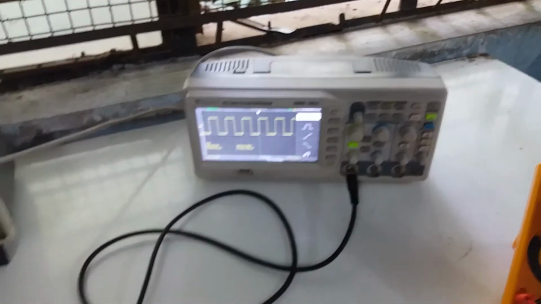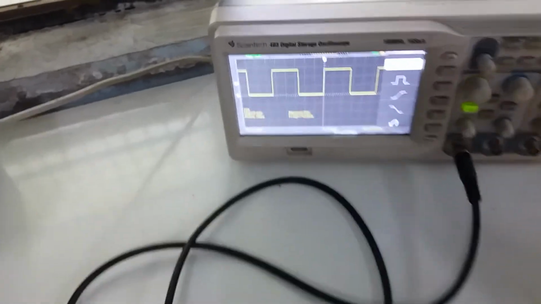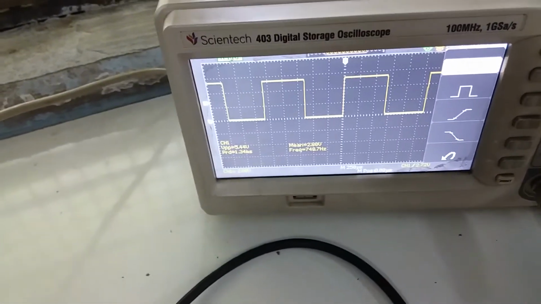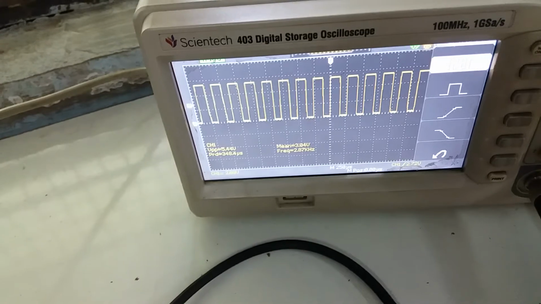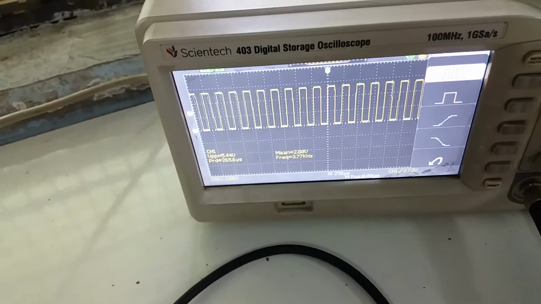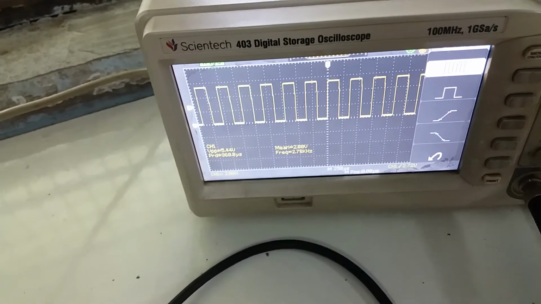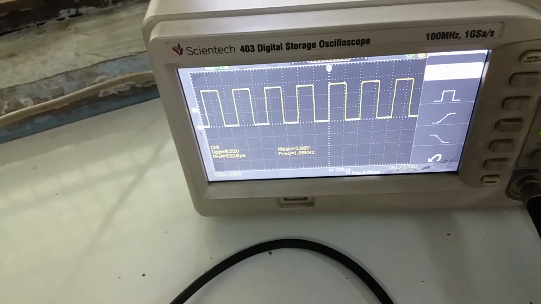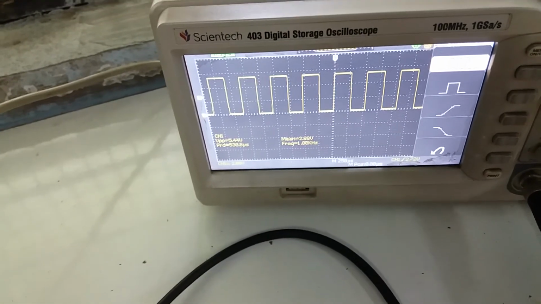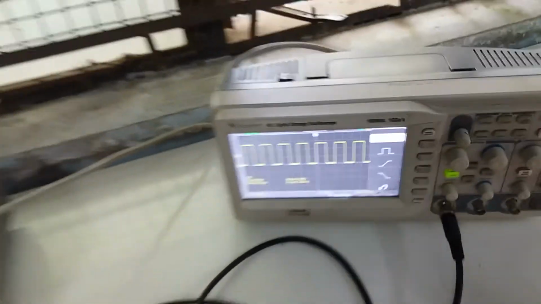So we are going to fix a constant frequency. Whatever I vary, the frequency shown there also shows the different variations: 2 kilohertz, 3 kilohertz, 4 kilohertz. I would like to set it near 1 kilohertz. Once I have set it, we will go ahead with the tabulations. First reading, I am going to measure the output voltage.